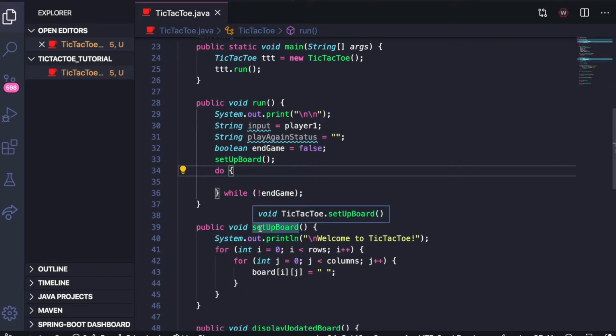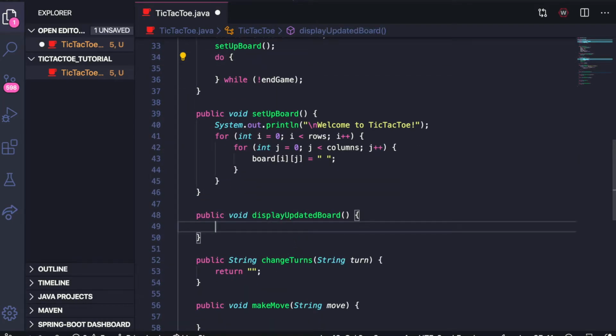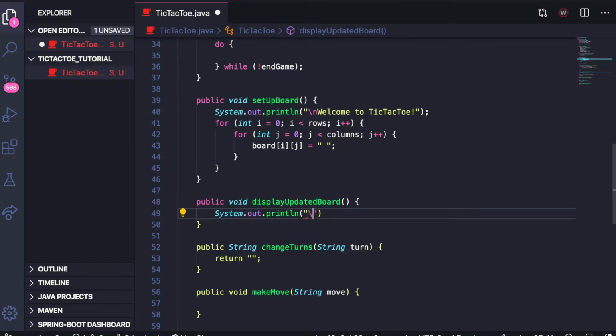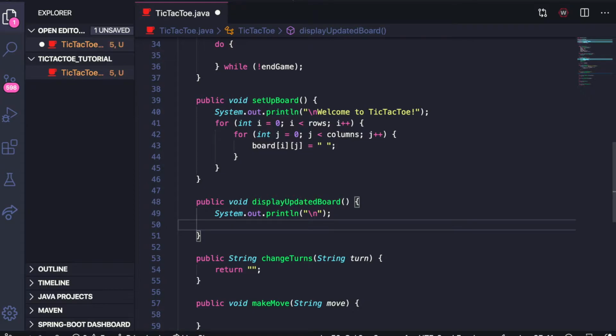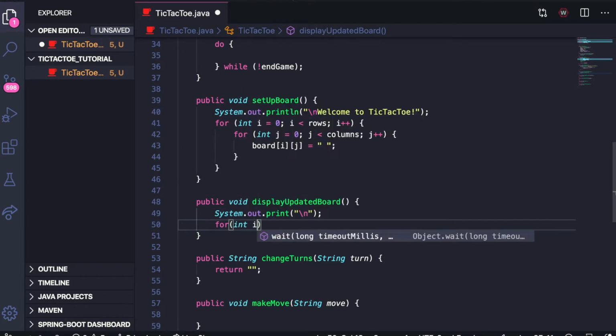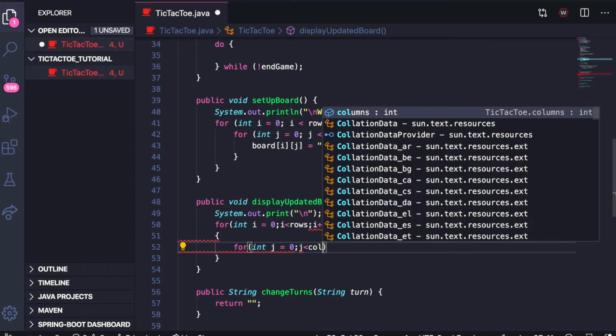Alright, so the next thing we should probably get started with is the displayUpdatedBoard. This is also a pretty simple method. It's very similar to setupBoard, except we're going to set it to input, so you'll see what I'm trying to say here. I'm going to give another print line so it looks neat, and then this pretty much does the exact same thing as the other. I'm going to have the same nested for loops here, and same thing here, and all we're going to do here is